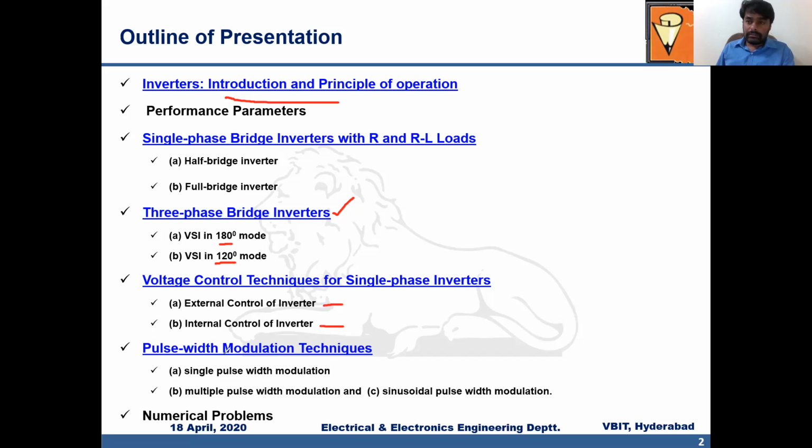Now, there are three PWM techniques as per your JNT syllabus: single pulse width modulation, multiple pulse width modulation, and sinusoidal pulse width modulation. Right. Finally, we are going to solve one problem in each configuration. Right. So if you see